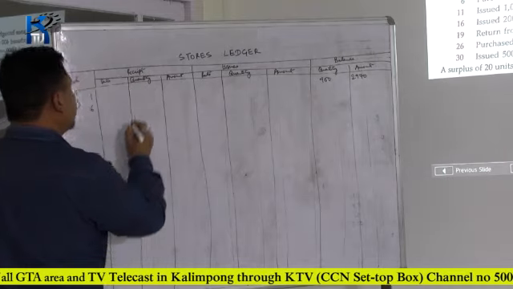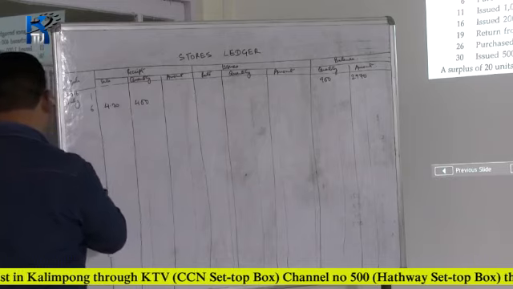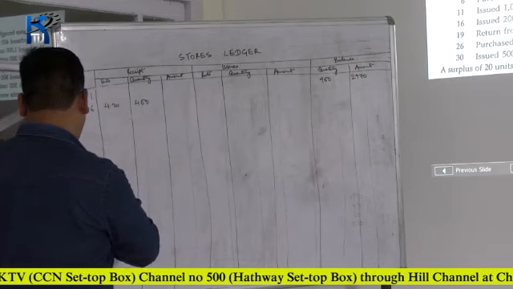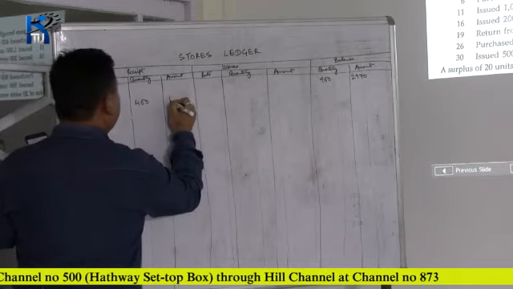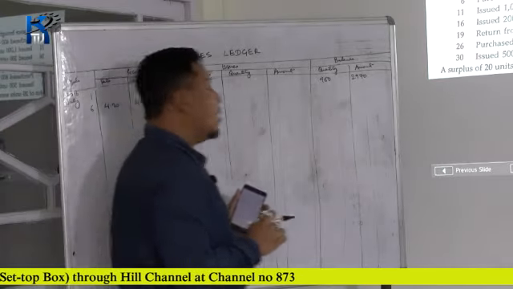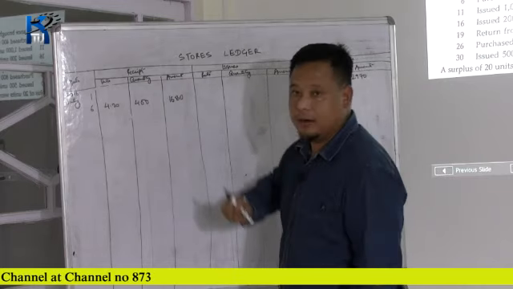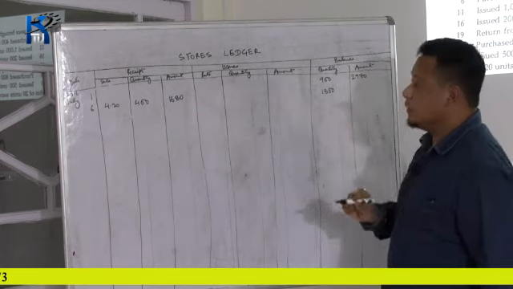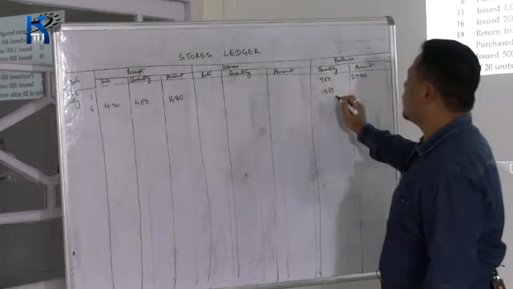On 6th, you have purchased 400 units at the rate of 4.20. 4.2 into 400, total 1680. Now just look at the balance, how I am posting it. The number of quantities, earlier 900 plus 400, amounting to total 1300 units. 900, the earlier balance, plus the new receipt 400, totals 1300.